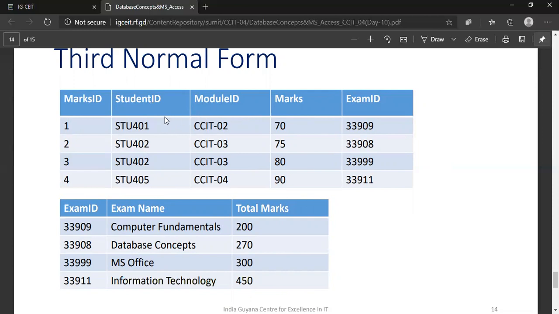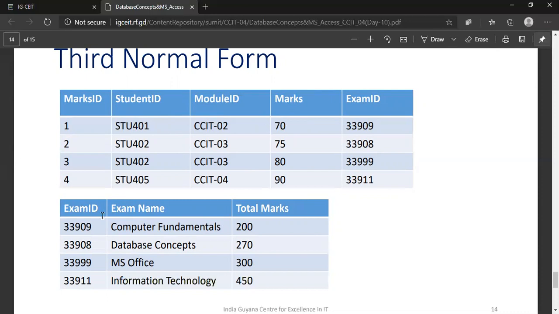If we see student ID, I can fetch every student's information against each exam, against each module. For student ID 401, I can see the marks obtained by this particular student in a particular module under a particular exam is 70.